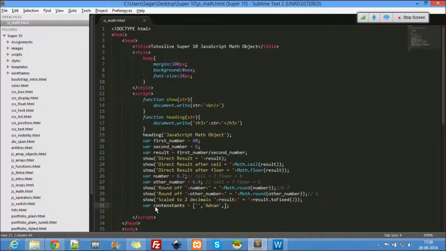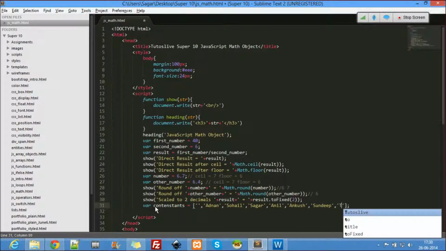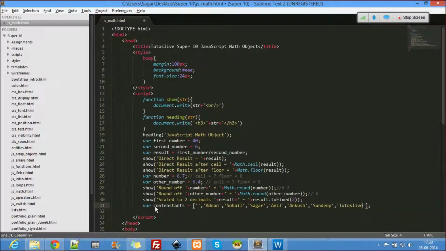Adnan, then Sohel, then Sagar, then who else do we have? Anil, Ankush, Sandeep, Tutos Live, and who else? Yeah, maybe. So we have 1, 2, 3, 4, 5, 6, 7 contestants, 7 participants. First let's see the total participants in the contest.